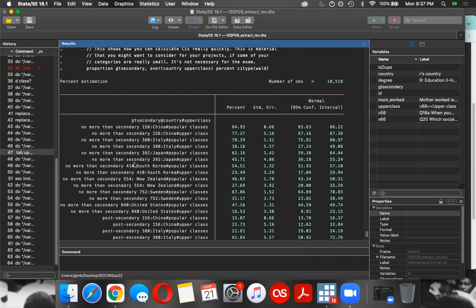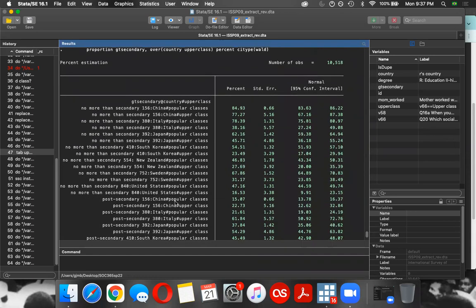Let me call attention to an example that I called attention to in class, which is for people who are in China who have post-secondary, because that was the problem category we identified. Let's look at post-secondary education havers, basically the proportion of people who have post-secondary education in China for the upper class. So the raw percentage in the sample is 22.73, as we saw before, but a confidence interval with the standard, although it's arbitrary, 95% confidence, has really large bounds. So it could be as low as 12.62%,